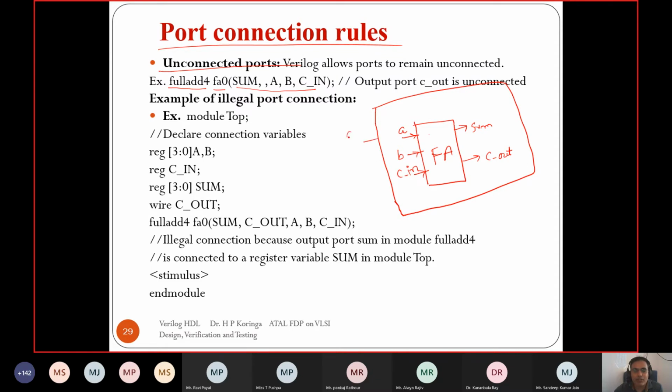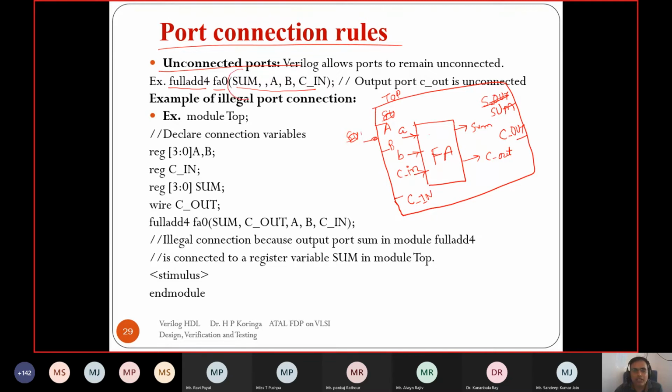In the top module, suppose we have internal A, internal B, and an internal carry in generated from this top module, and two outputs, sum and carry out. There are two types of port connection: either in order, or through port name. We'll see in the next slide.